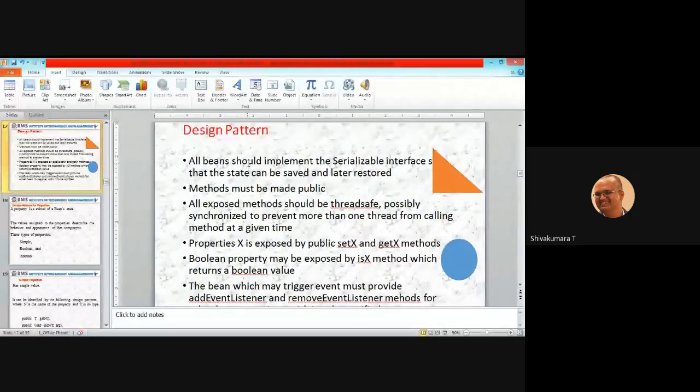Then most properties use setX and getX methods, and a boolean property can be used to check, like the isX method, whether it allows customizing, resizing, reshaping; such kinds of constraints you can apply using the boolean property. And you need to mention the trigger events, add event listener as well as remove event listener. These are the design pattern contents, general to all Java beans.